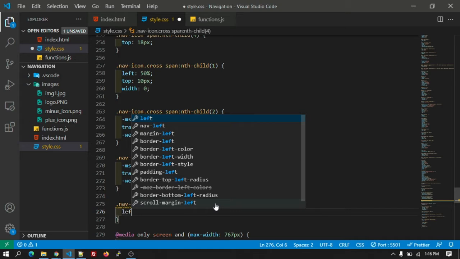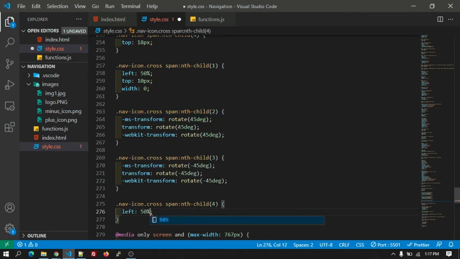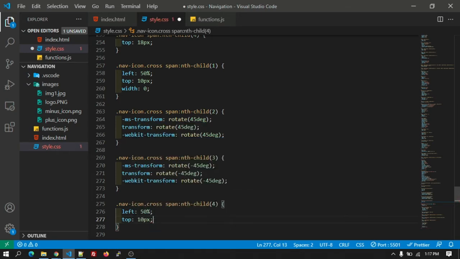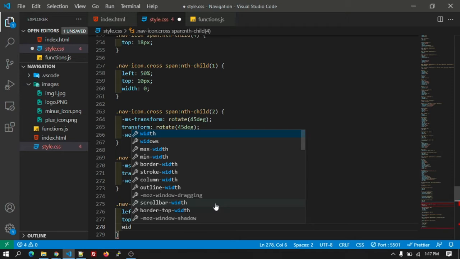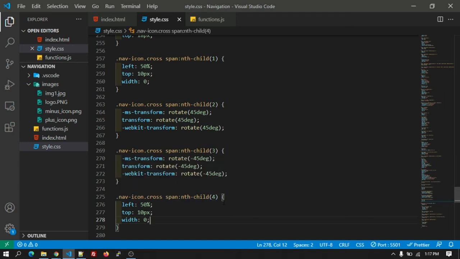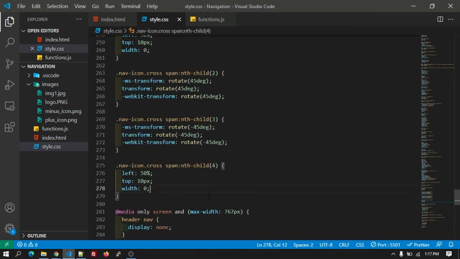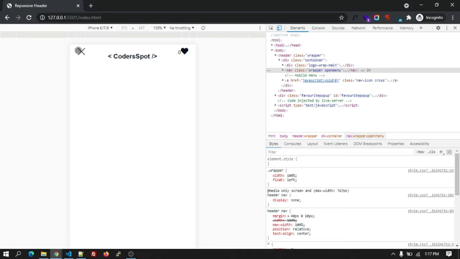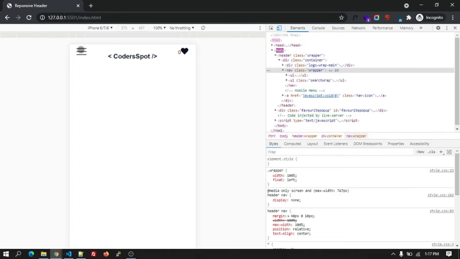For the fourth span it will be left 50% and the top 10 pixel and the width will be 0. Okay, it's the same for the first and the fourth span. Okay, we have added the CSS. So it's changing from the hamburger menu to the cross icon after clicking on it.